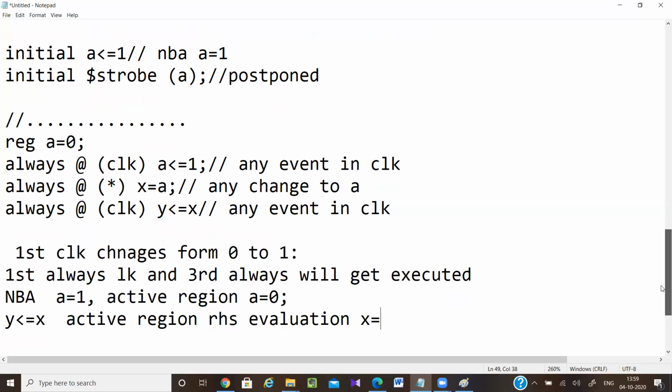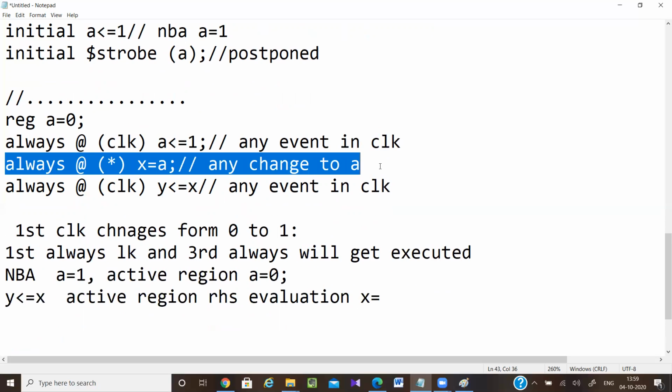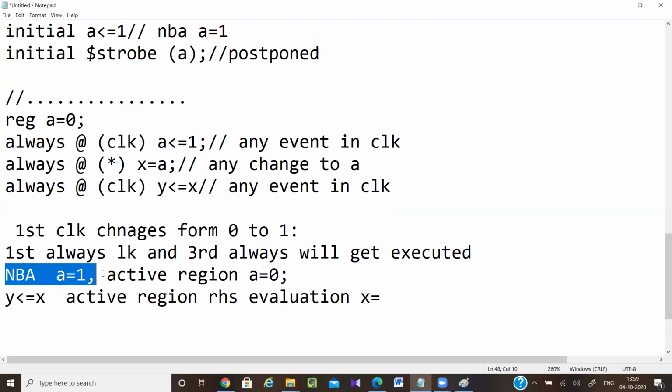This second always block is not executed yet, because it will execute whenever any change happens to A, and the change to A happens in the NBA region, not in the active region. So this always block will get executed when in the NBA region A value becomes 1. But before that, this RHS is evaluated, so it will take X equal to 1'bx, unknown.